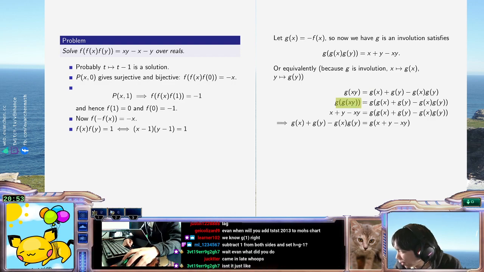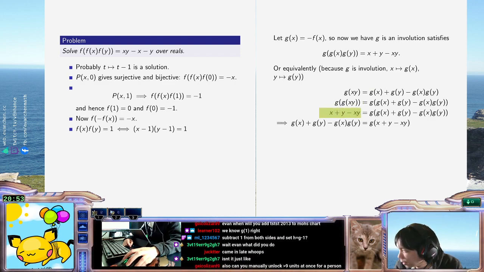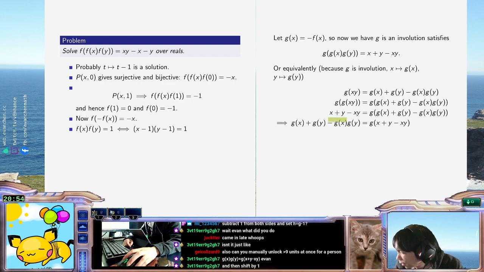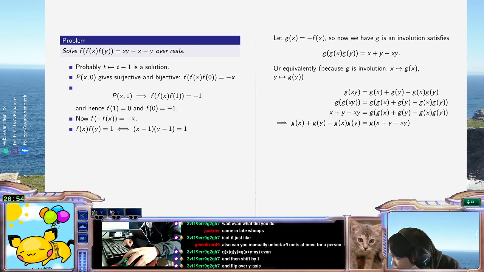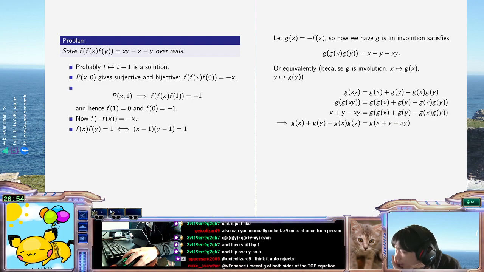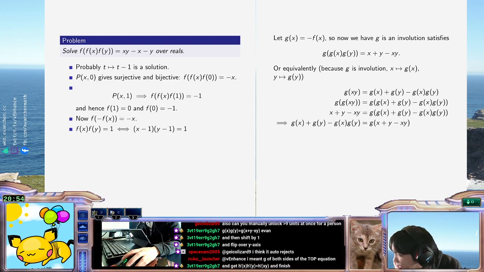Take G of both sides. This is x plus y minus xy. And that. And then I again replace the variables, and I get G of x plus G of y. No. Something's wrong. These two are not equal in general. Okay, so the way you debug this is you check